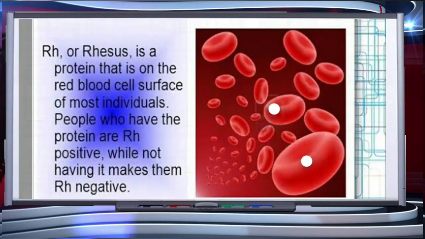Another antigen, the Rh antigen, similar to one present in rhesus monkeys, is also observed on the surface of RBCs of the majority of humans. Such individuals are called Rh positive, and those in whom this antigen is absent are called Rh negative. An Rh negative person, if exposed to Rh positive blood, will form specific antibodies against the Rh antigens. Therefore, Rh group should also be matched before transfusions.